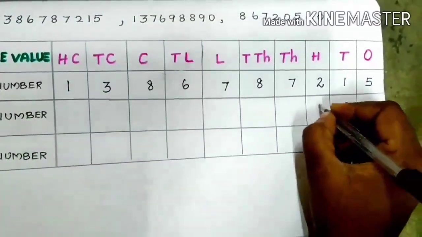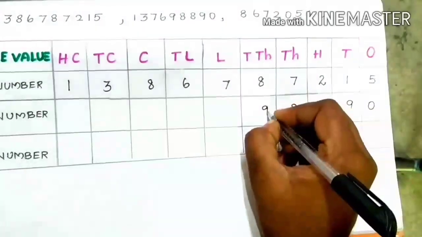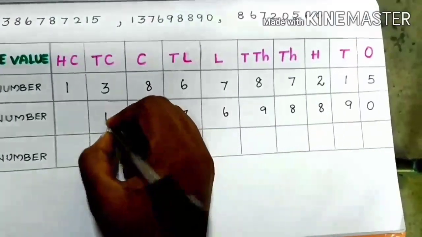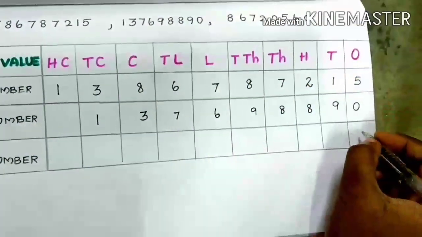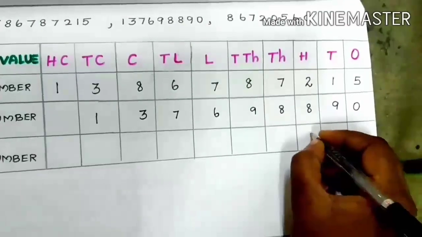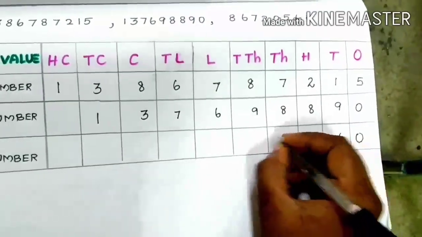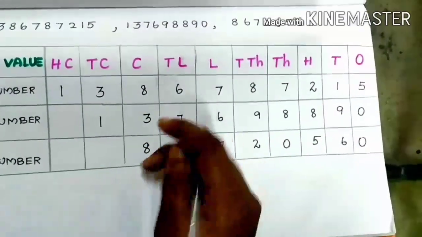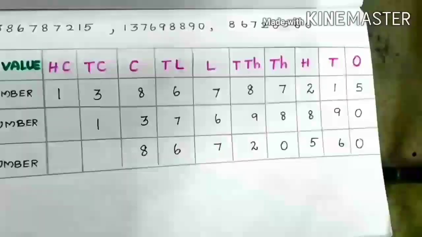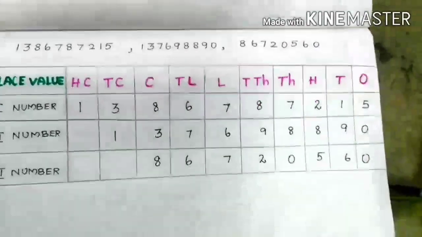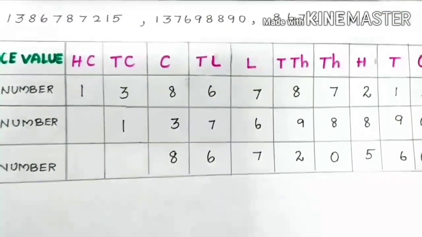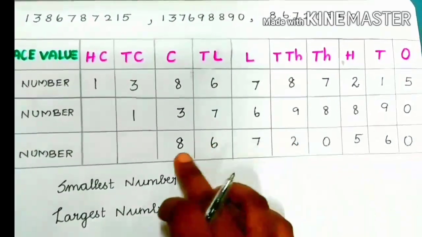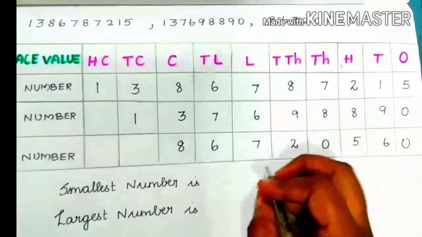Students, listen carefully. When you write the numbers, the place value increases from right to left. You have to write the numbers from right to left, like ones, tens, hundreds, thousands. You have to start the number from the right to left. When writing the numbers, we make use of the place value chart to ensure that we do not miss any digit in between. And then students write the numbers carefully according to the place value. Here we can easily find out the smallest number and the largest number.